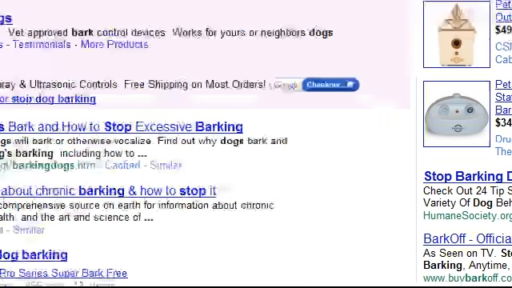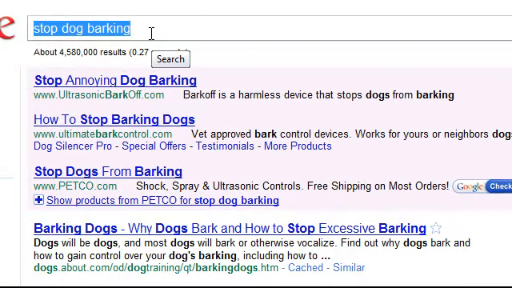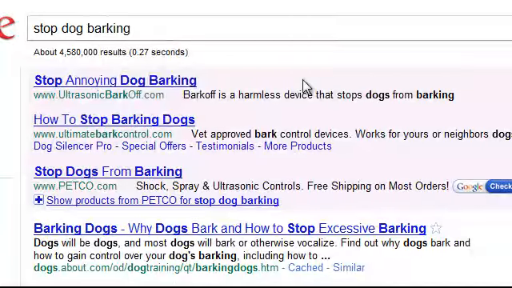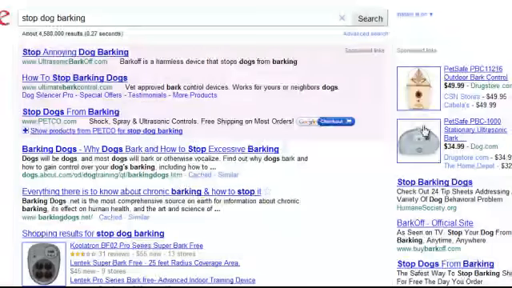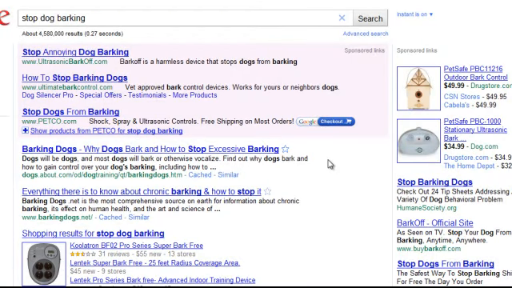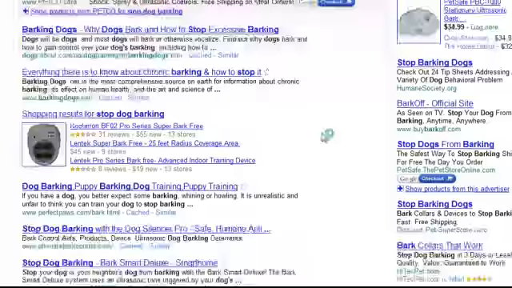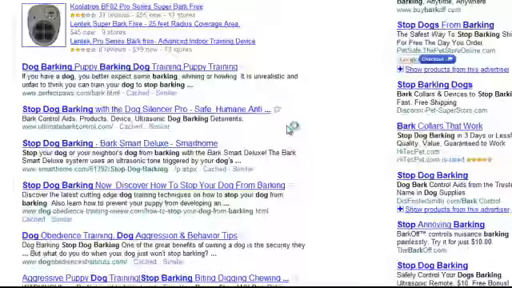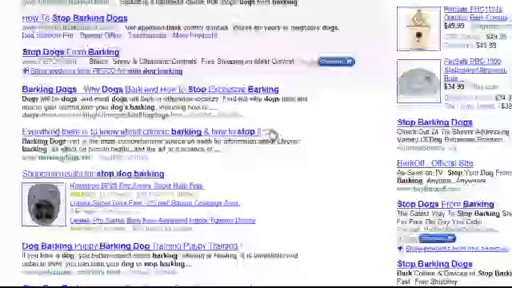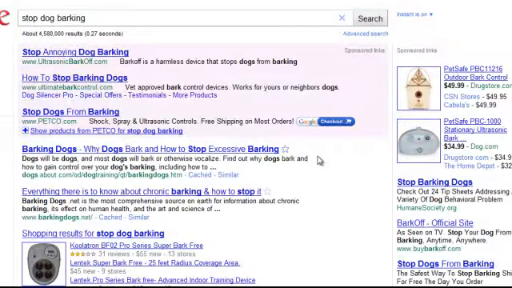So now I've just typed into Google, stop dog barking. And then you see the sponsored links. You see all these. These are people using AdWords to advertise their site, which you could certainly do. But I'm just talking about keyword research. So let's see, dogsabout.com, barkingdogs.net. Does anyone here have the domain name